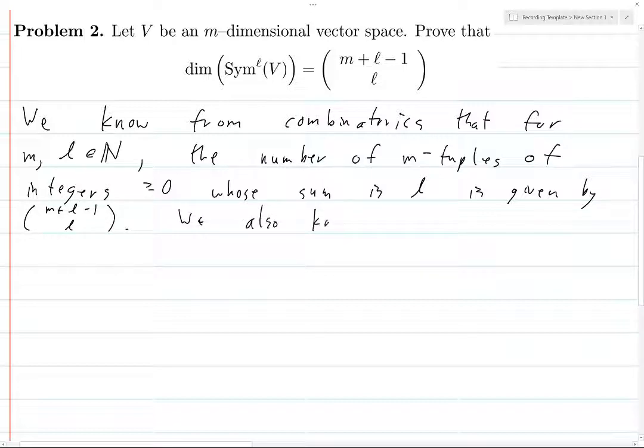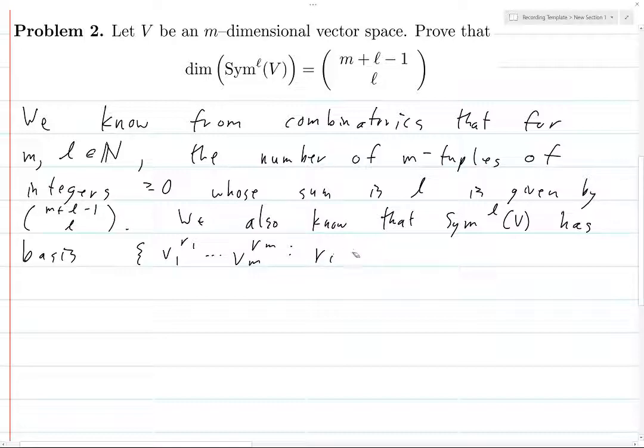We also know that Sym^L V should be an L, has basis given by v1^r1 through vm^rm, where each ri is greater than or equal to 0, and the sum from 1 to m of the ri's equals L. Which we can see